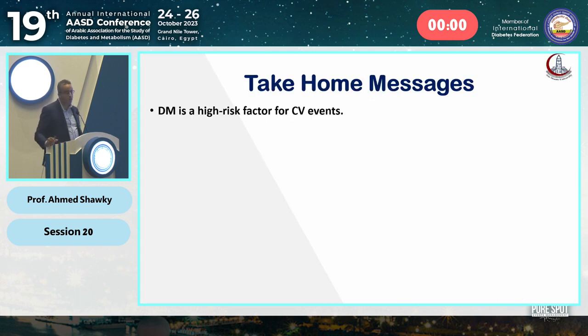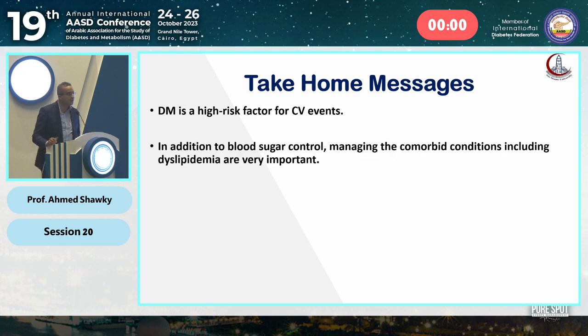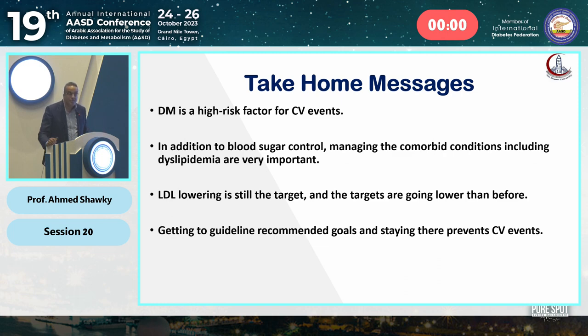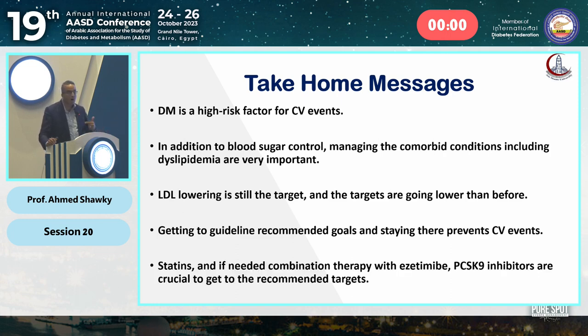But we should take home that diabetes is a very important risk factor. It's not only blood sugar control, we're treating the patient, not just levels: blood pressure, and of course, lipid levels. The LDL is probably the most important target until now, not the triglycerides, not just the total cholesterol. Getting to the recommended guideline goals is the way to reduce mortality, events, and recurrent events. You have statins, up to high-intensity statins. You have ezetimibe. You have monoclonal antibodies like alirocumab and evolocumab. Use them, because this is the way we're going to treat our